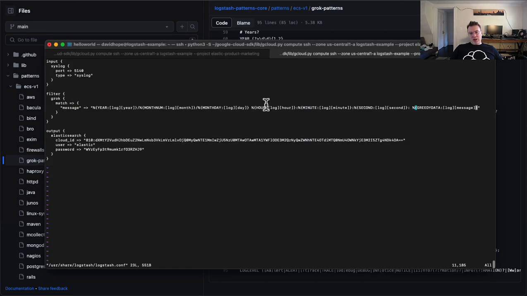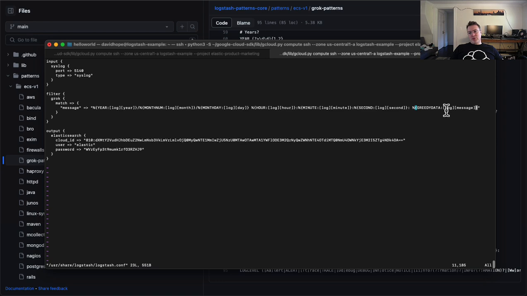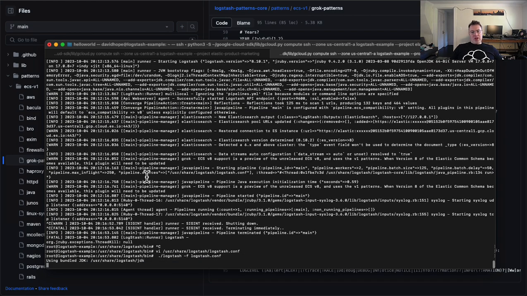We're parsing that log line. We're essentially getting the date and the time out of here with the regex pattern. And then the rest we're just pulling out as a separate log message. And then we're sending all the data into Elastic Cloud. Super, super easy. So if we do this and we quit out of here, we can run Logstash,